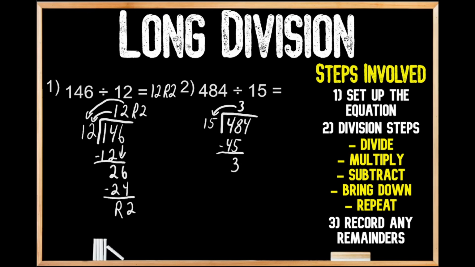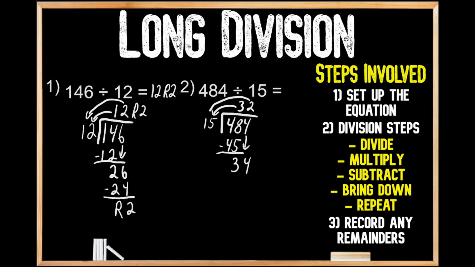So now we're going to move on to our next step, which is to bring down the number that's immediately to the right of the place that we've just divided. So we're going to drop down our 4. And now we're going to repeat this process, but this time we're going to be thinking, how many groups of 15 can I make out of 34? And I know that I can make 2 equal groups of 15 out of 34. So we're going to write the 2 up above the 4, and we're going to move on to the next